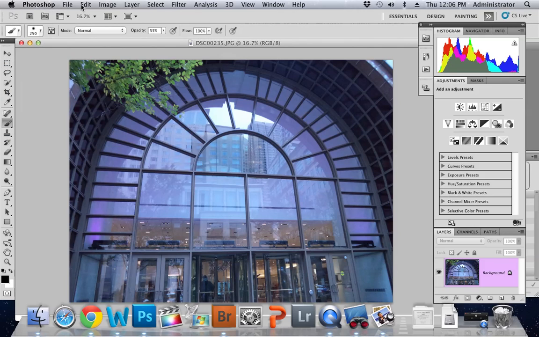Across the top, you have your normal file, program, menu selections. And down the right, these are the panels that you're going to use in Photoshop. Probably the panel you're going to use the most is Layers. If yours does not look like this, if your panels don't look like this, I want you to go up here to Window,